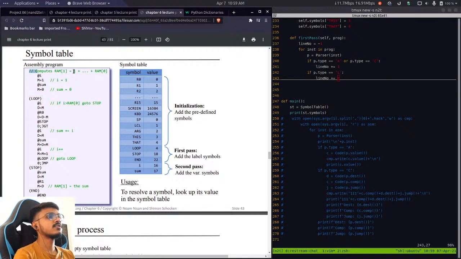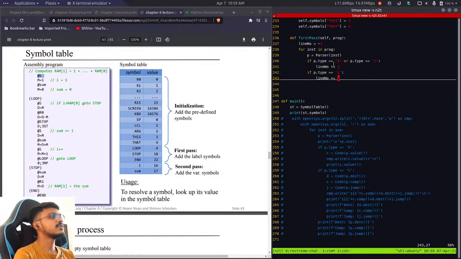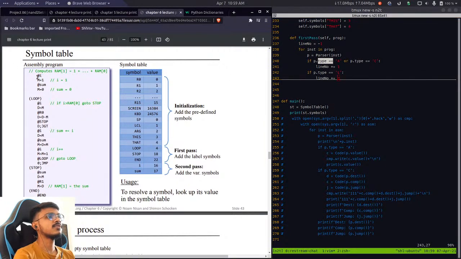When we run the post pass, this will be ignored, so line number will remain -1 for this comment. But when it comes to this instruction, it will go inside this if statement, because it is of type A and the line number will be incremented, so line number will be 0 in this case. For this case it will be 1, for this case 2, 3, and this blank space will be ignored. And when we come to this line, it was 0, 1, 2 and 3, and when we come to this line,